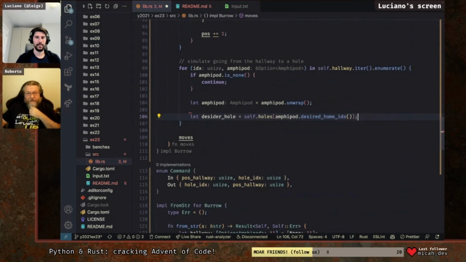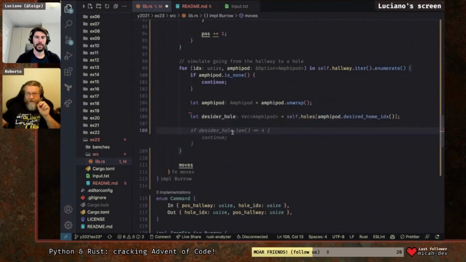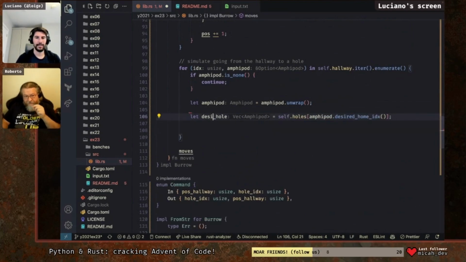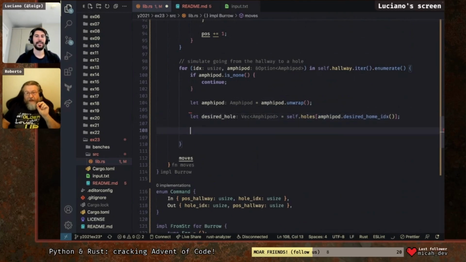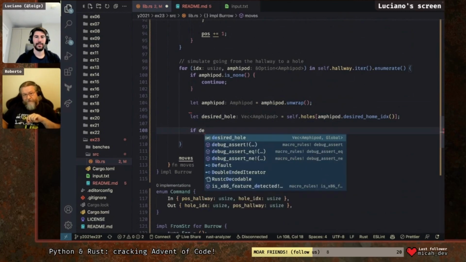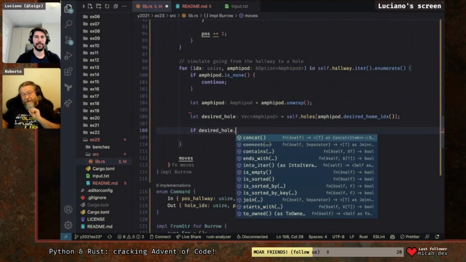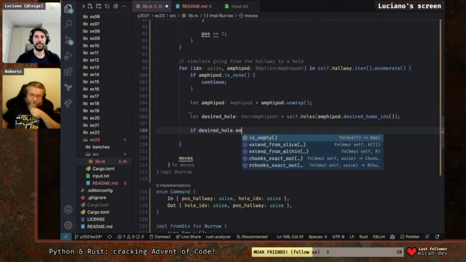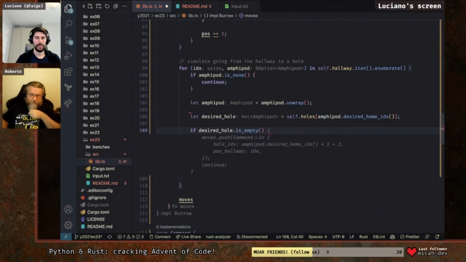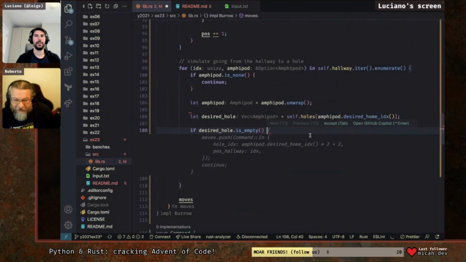So we can split this condition in two. Is the hole empty or full of animals of your kind? And there is nobody in the hallway between you and the hole. So if it's empty, then what? The desired hole is an integer. No, I'm already reading. Yeah, you already have the reference. Okay, if it's empty or